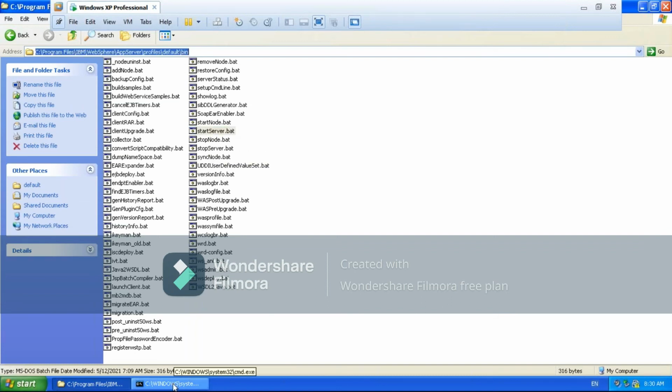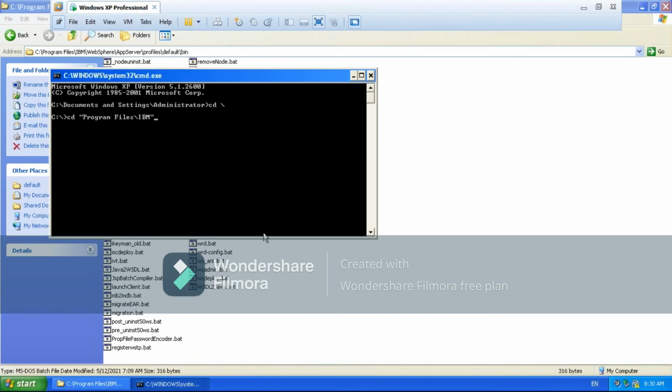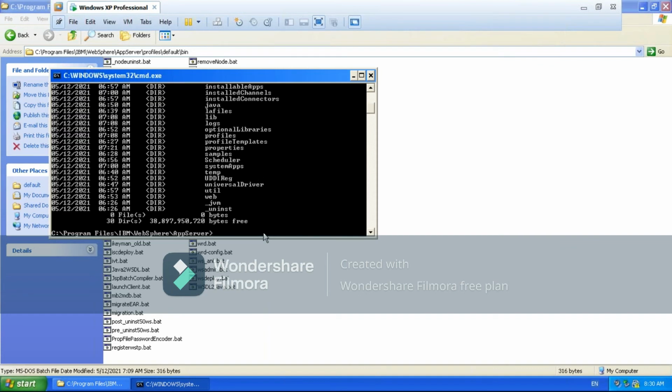As I said, the same bin directory is there. Program Files, IBM, WebSphere, AppServer. This is the WAS home, so here you can see the bin directory, and cd bin.